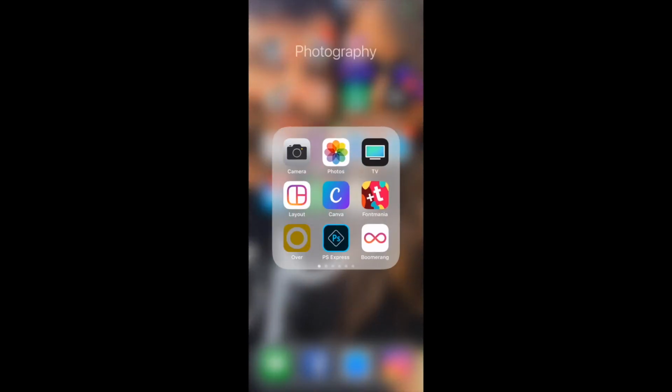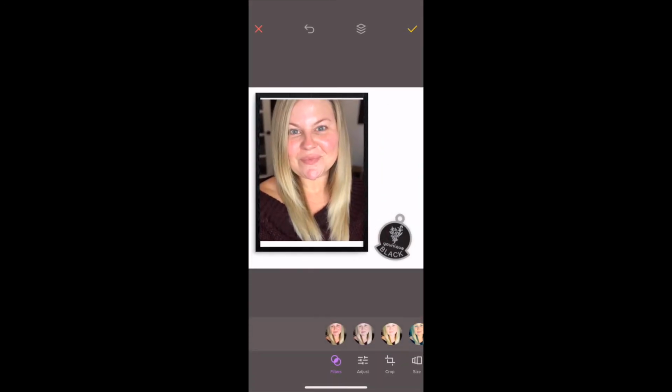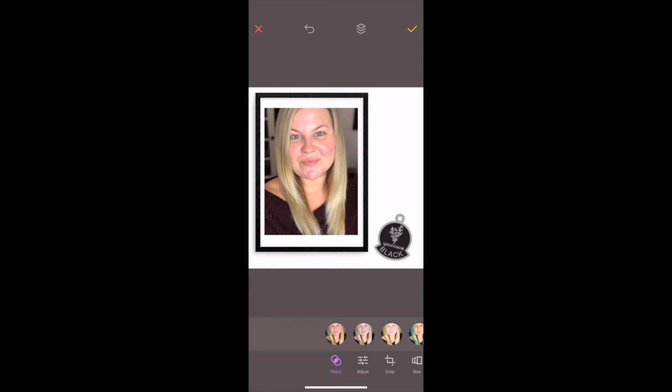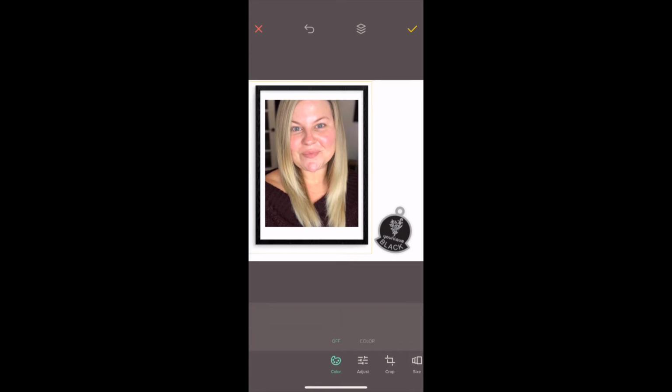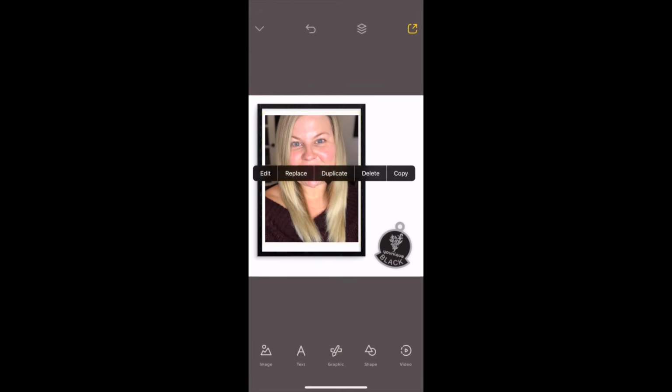Okay, so now we can go back into Over. We can grab our image, and boom. It is now the right size, right? And we can, so see, that helps us center everything and make it work. So now I'm going to try and center this. Let me see if my fingers will work. There we go. Okay, and then another one I get a lot of questions about is like how I did